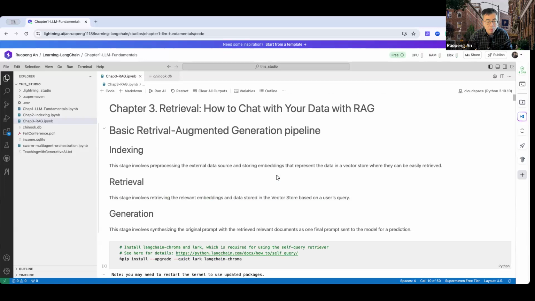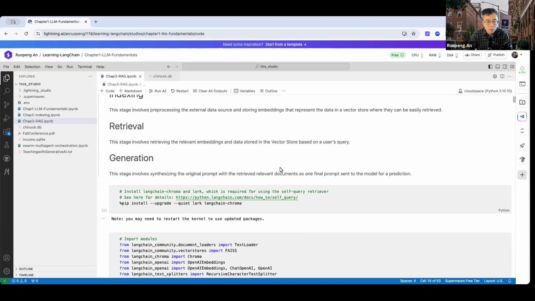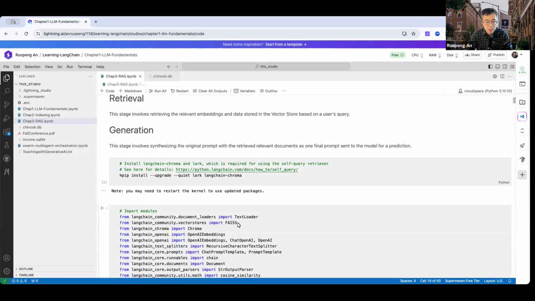So first, if you haven't done so, you need to install Chroma. Chroma is a local vector database that we are going to use, as well as FAISS. So we showcase how you can install FAISS, another vector database that is open sourced and easy to use. Check my previous videos if you don't know how to install FAISS. Basically, it should be pip install